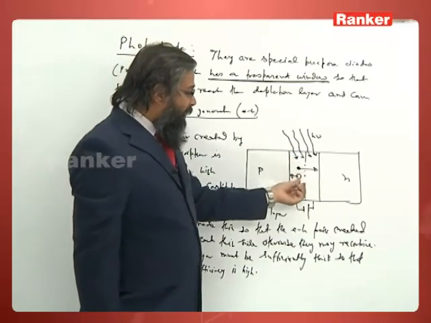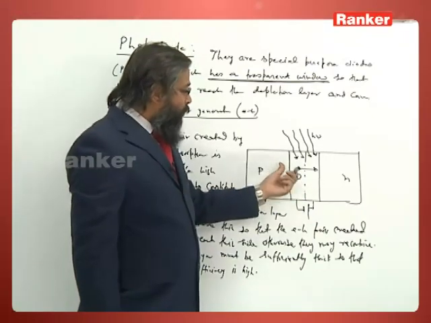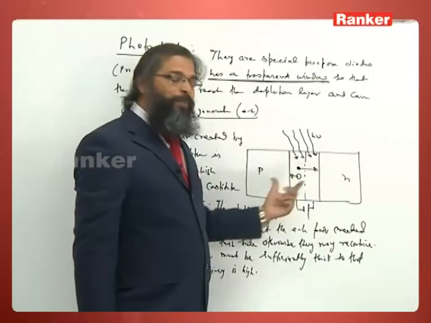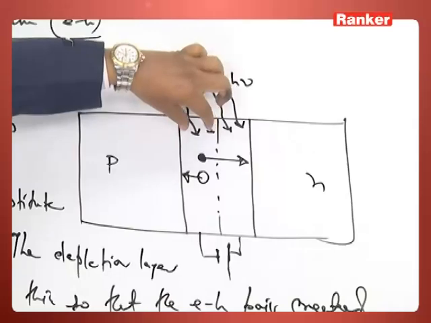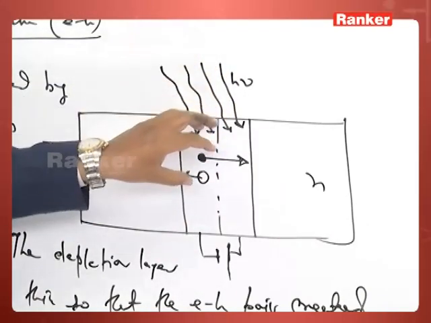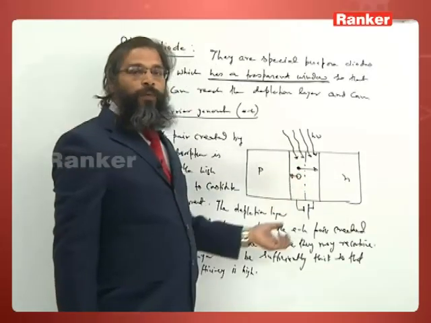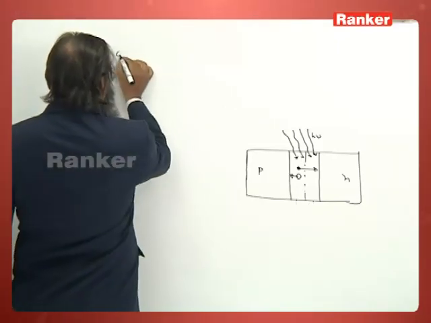As a result, this electron hole pair will be created and they will be swept. If it is thin, they can easily be swept to their respective p and n sides, and it should be sufficiently thick so that more and more photons can cause this electron hole pair creation. So now quantum efficiency,